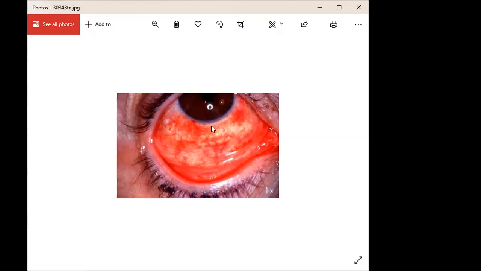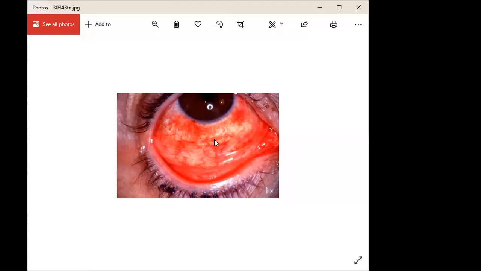So what are the signs we see? Both conjunctival and corneal signs. In the conjunctiva, you see hyperemia and chemosis, the swelling or edema of the conjunctiva. Follicles may be present, but very few. Petechial conjunctival hemorrhages, small hemorrhages at different spots on the conjunctiva, may also be seen. Both the palpebral conjunctiva and the bulbar conjunctiva are involved at the same time in viral conjunctivitis. That is the most important thing you need to know.